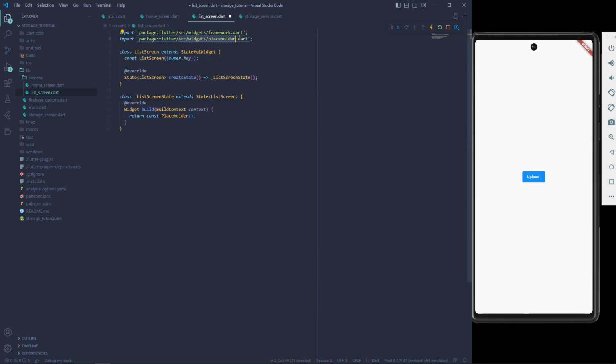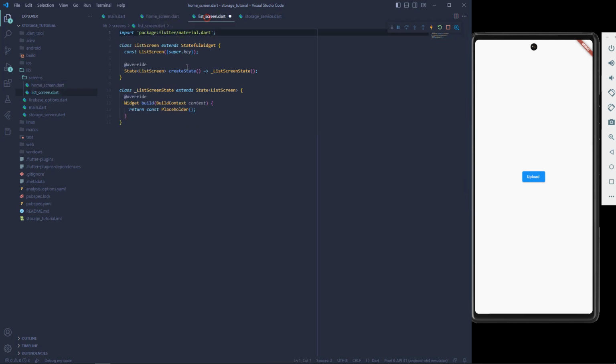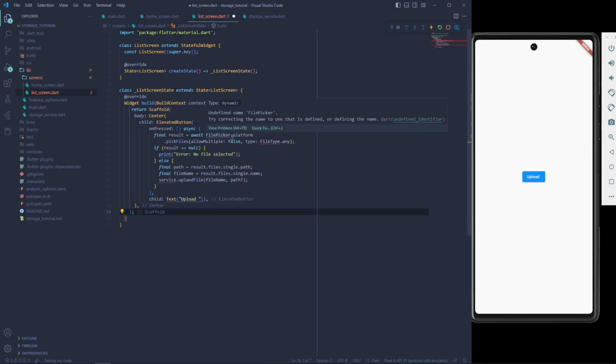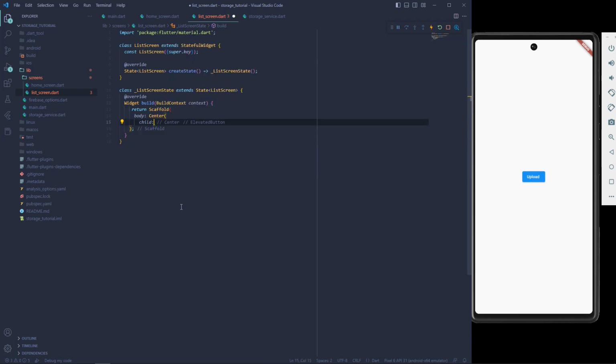Okay, material, and I'm just going to copy the code from the home screen because it will be the same code. Here we can just remove the on press, with center as well, and in here we will return a list view,